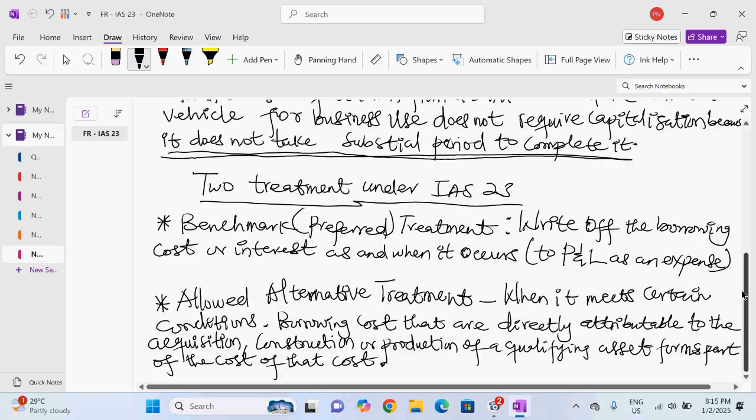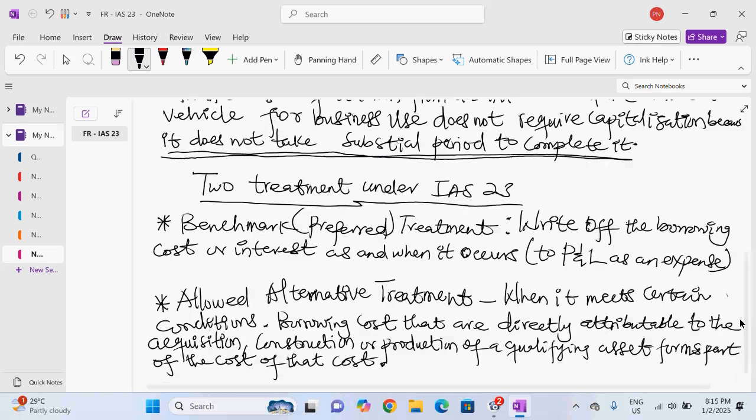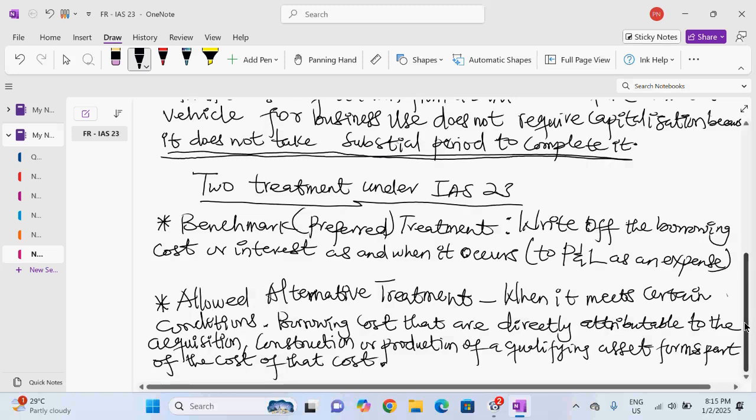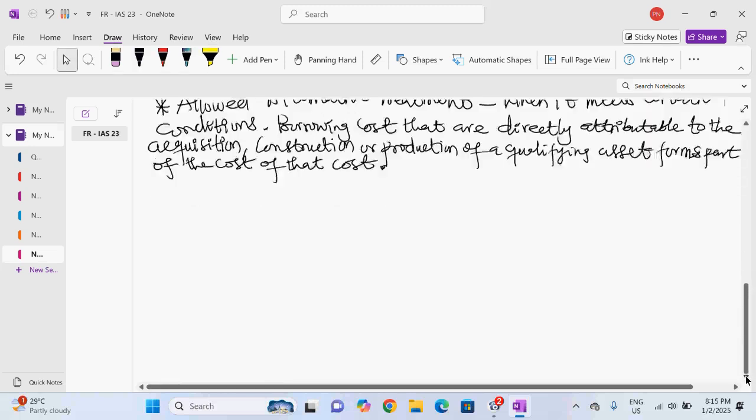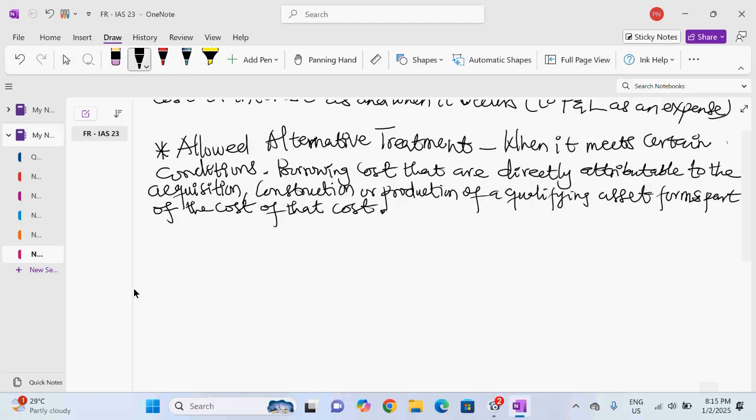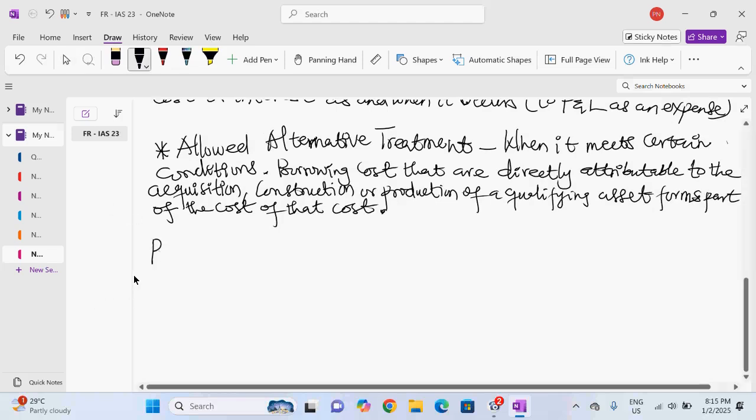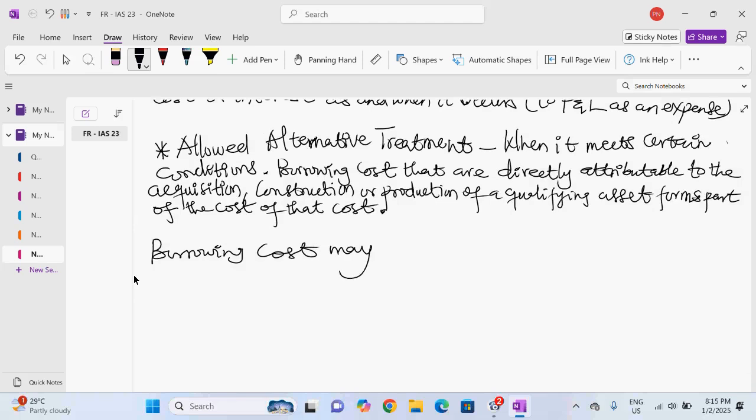Okay. So now let us look at some examples of borrowing costs. Borrowing cost may include